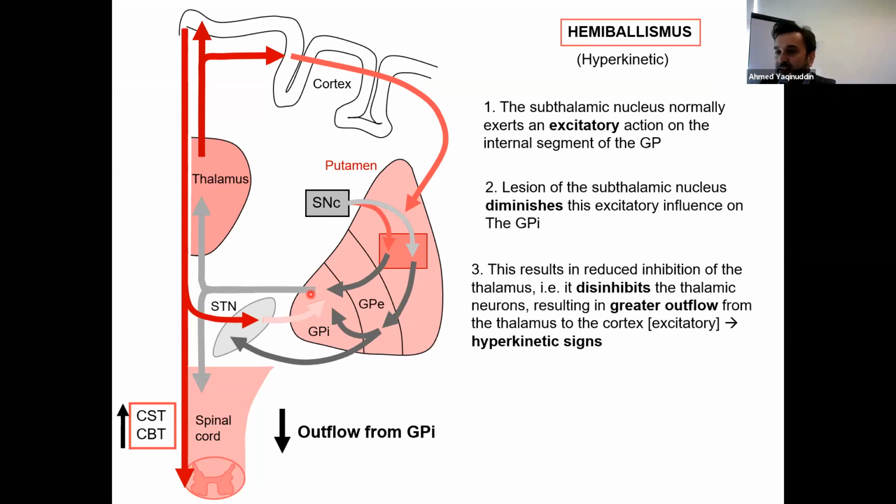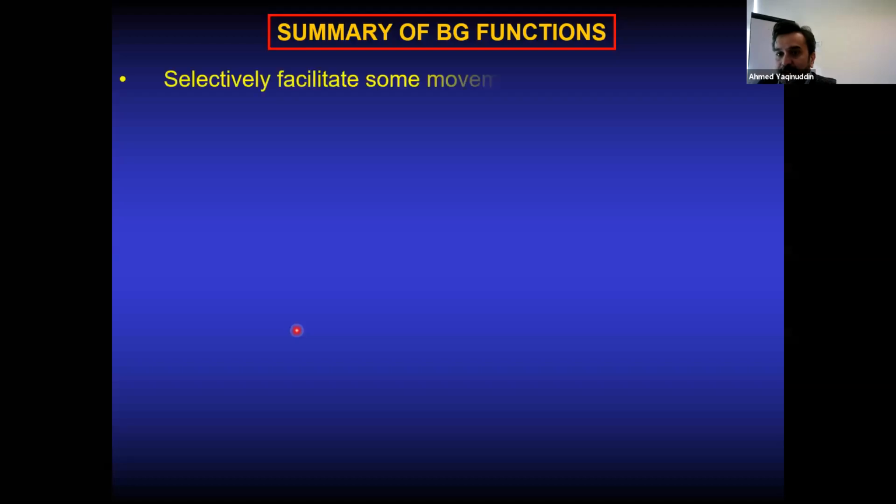Huntington's disease is a genetic disorder. This is probably because of an infarct or an insult to the subthalamus, resulting in the destruction of the subthalamus and reduction in the excitatory signals from the subthalamus to the GPI. And as a result, the GPI cannot inhibit the thalamus, and you have half side of your body having ballistic movement. That is called hemiballismus. Now, in summary, the basal ganglia selectively facilitate some movements, which are through the